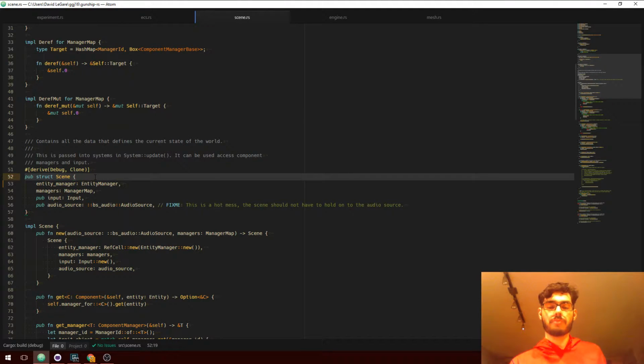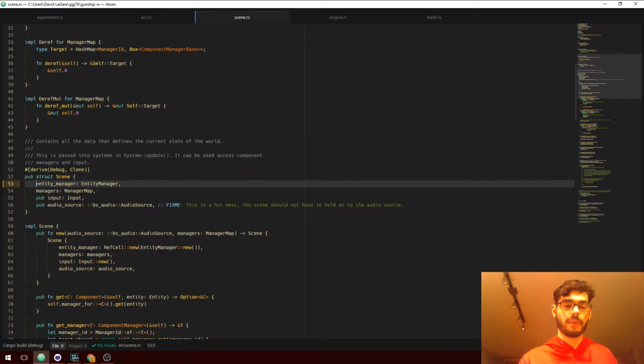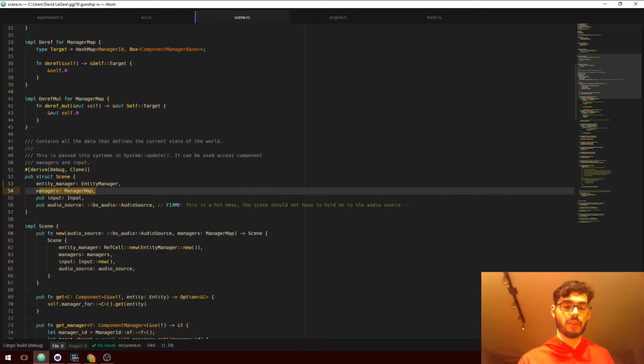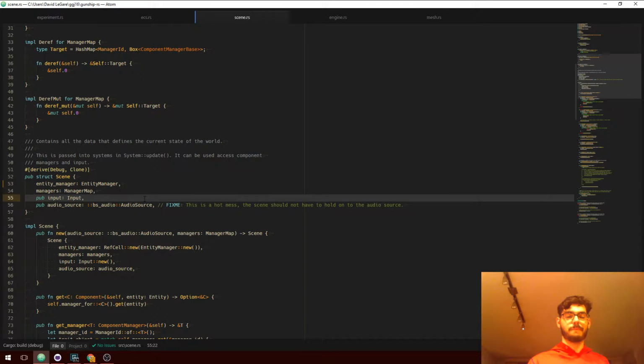So the question becomes, instead of wrapping scene in a mutex, do I wrap these things individually in a mutex? And this kind of becomes a trick question, because I think the answer is we get rid of scene entirely.